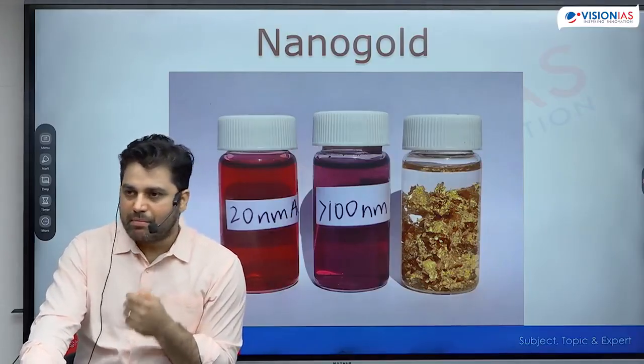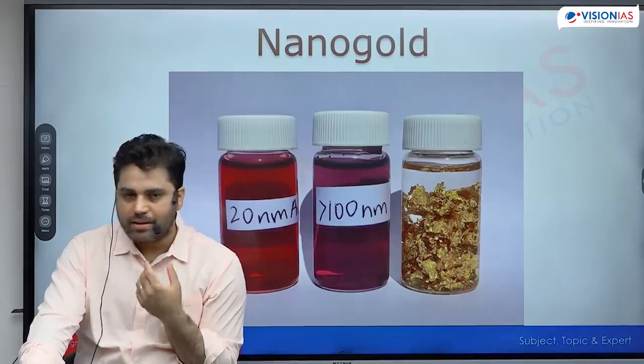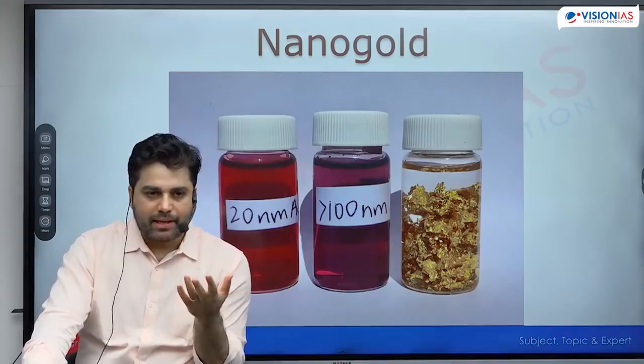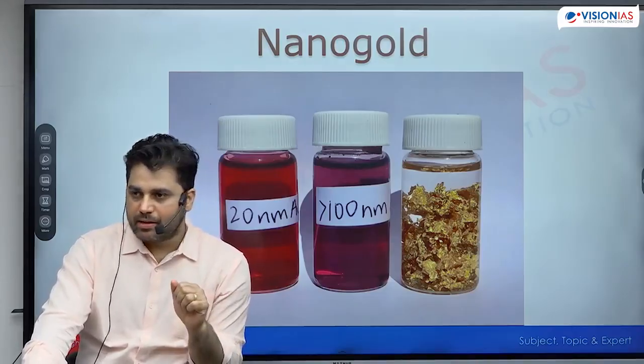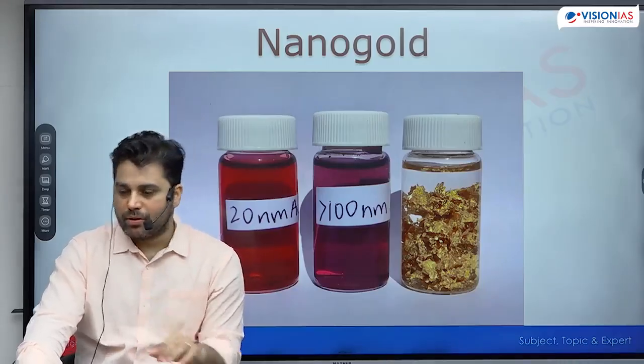So gold is not chemically reactive. Corrosion is a chemical reaction, and gold does not corrode very easily. It is a metal, so it is a very good conductor of electricity. It has this shiny, lustrous yellow color. This much we know about gold.